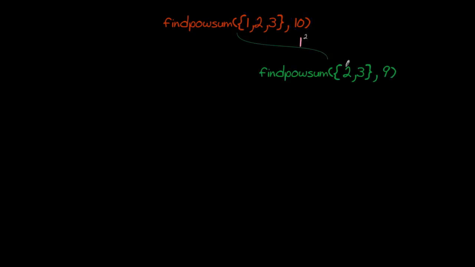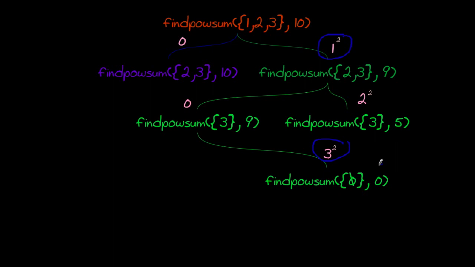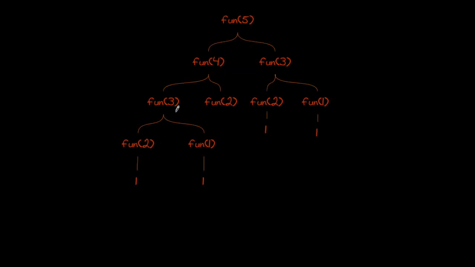Let's look at another example where x is 10. We have two possible cases. We can either use 1 in our solution or ignore 1. Similarly, looking at the right, we have two possible cases. We can either include or exclude 2 in our solution. And so on we come to our solution, that is, sum of square of 1 and 3 is equal to 10. You can say this is a recursive algorithm, so there are lots of excess calculation.